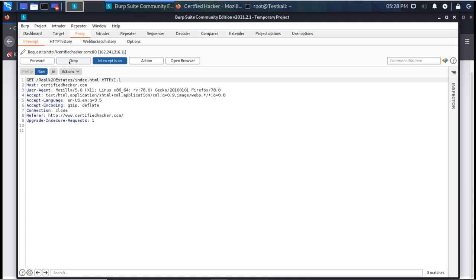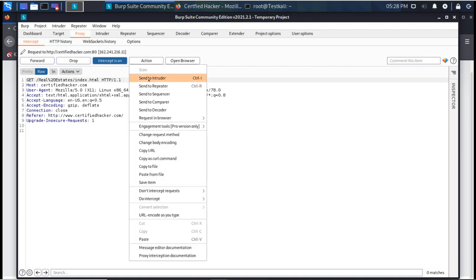Now whether I want to forward it or drop it, and what actions I want to do, I have these different options. I can send this to Intruder, Repeater, Sequencer, Comparer, Decoder, or show it in the browser. I can use the engagement tools, change the request method, change the body encoding, copy the URL. I can copy it to file, paste from file, save item, and I can say don't intercept this request,